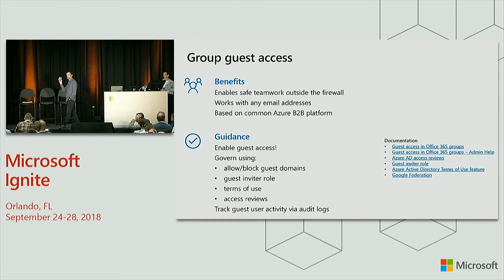Now, over the years, we've delivered guest access over 2 years, and you've given us a lot of feedback: what can you do to govern access? And this is a laundry list. Some of the things we've released this year, I think in February, March, when we did a lot of the GDPR announcements, is the idea that you want to be able to whitelist your favorite partner or blacklist your number one competitor. We support that. There's also the guest invite role, this notion that within your organization you may only want a limited set of folks that can invite those foreign objects into your tenant.